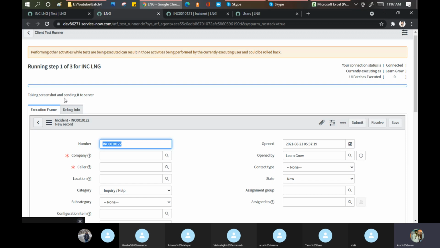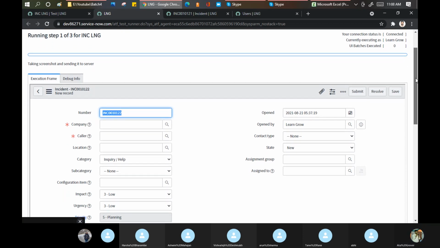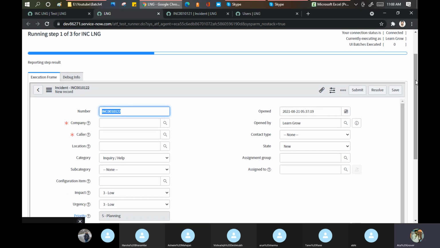Taking a screenshot. ServiceNow is so smart, because nobody will believe whether you are doing the right testing or not, so it takes a screenshot for your reference as well. Let it complete. It will take a few seconds to take that screenshot. Okay, see, reporting the step results.